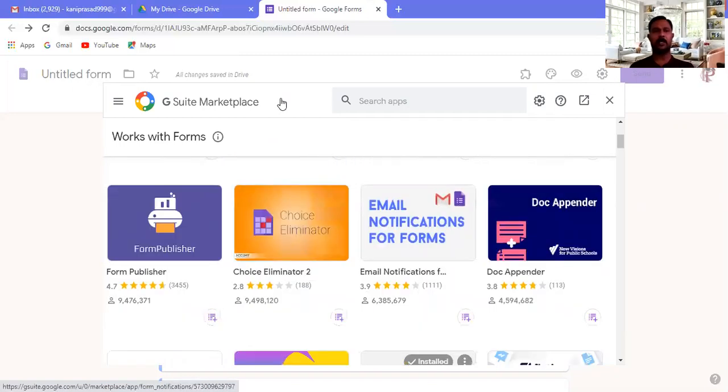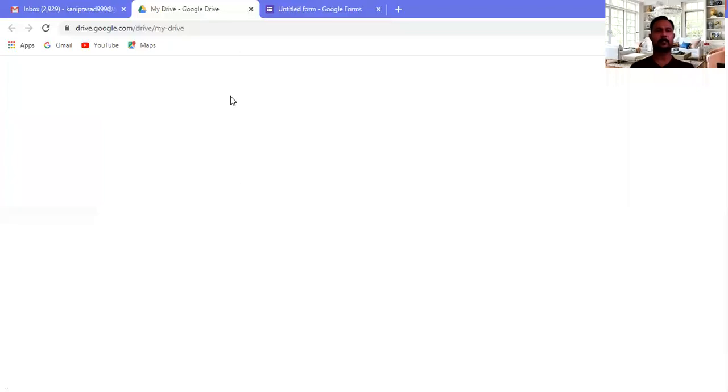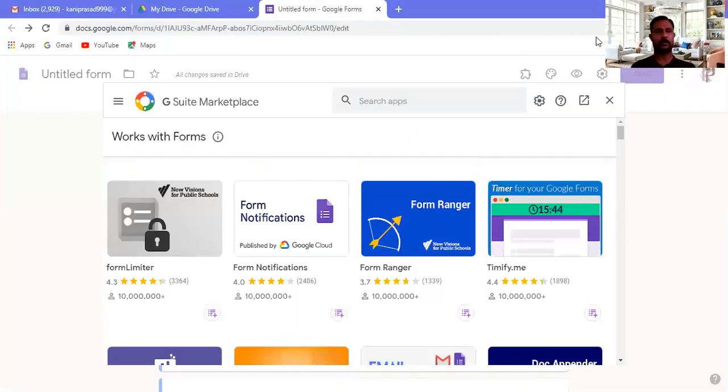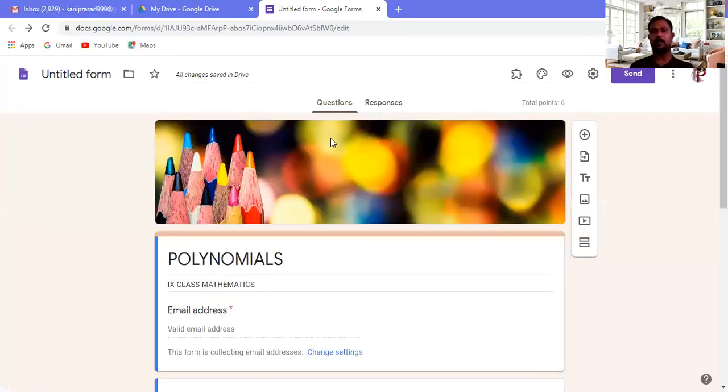After getting added, it will open. Yeah, after getting added, it will give such a button here, this add-ons button. So what I am doing is clicking on that add-ons button. Since I installed Certify'em, you can see Certify'em. So click on that Certify'em again.